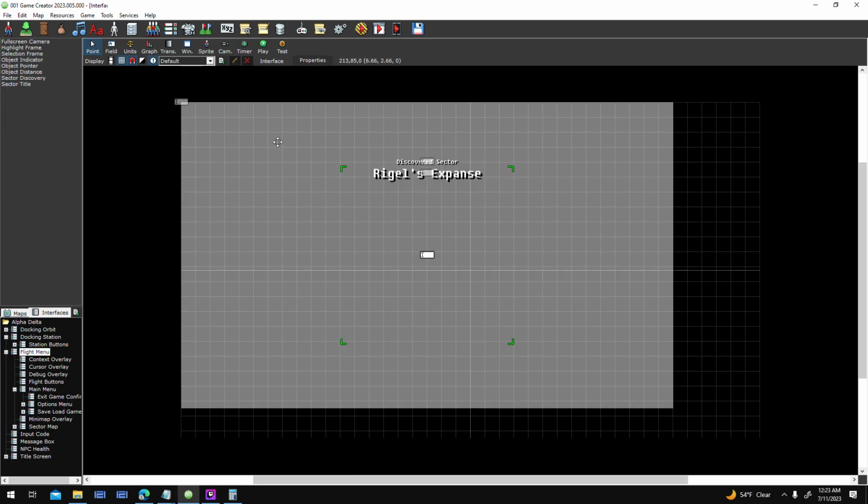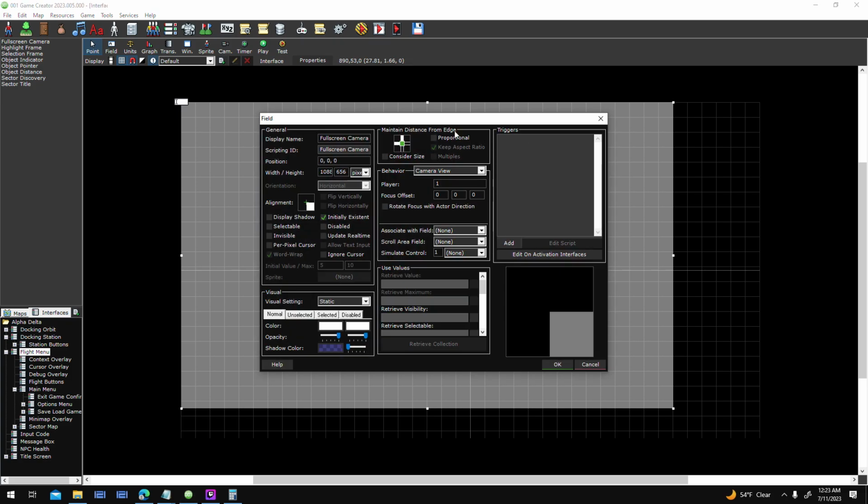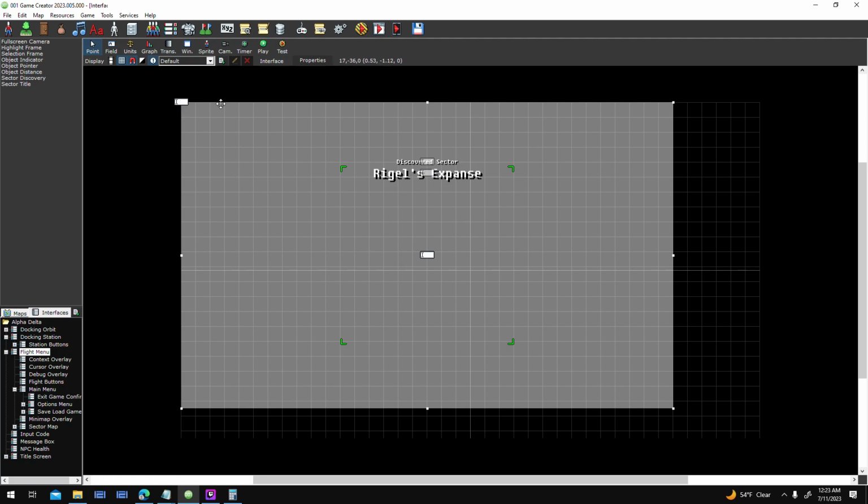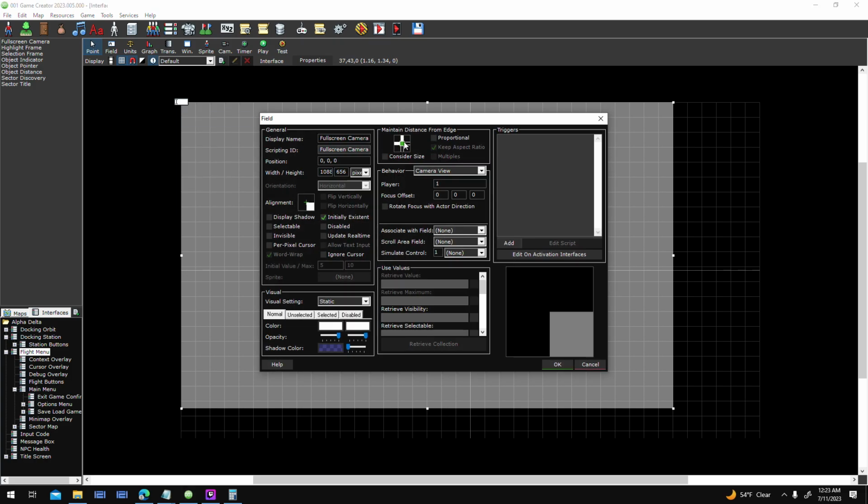The other half of that is my camera here. I have to have it set to maintain the distance from this upper left corner, since it's currently oriented at the top left like this anyway. I also want it to stay in this top corner here. So it's maintaining distance from the top edge and the left edge. So when the screen is resized, this whole field will move up and to the left instead of over to the right or anything. And down here